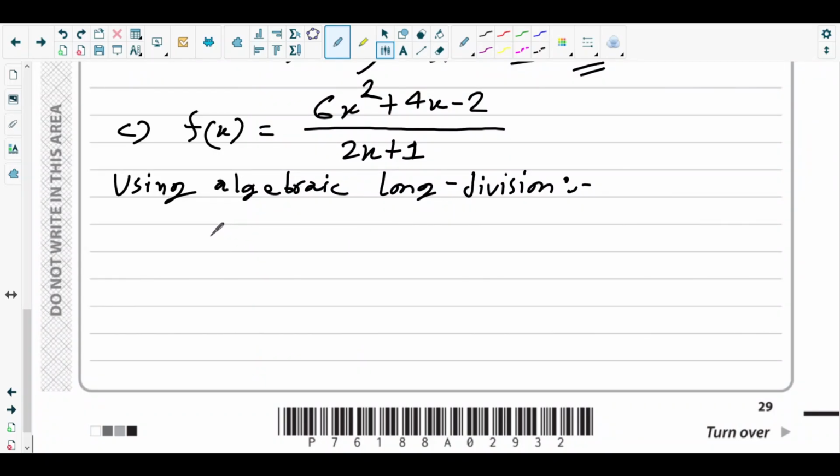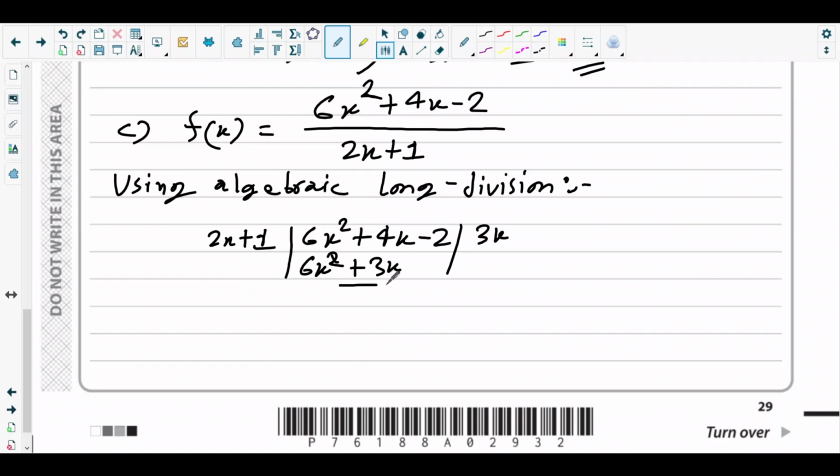Okay, what we can do? 2x plus 1 into 6x squared plus 4x minus 2. At first we need to multiply by what? 3x, so you'll get 6x squared plus 3x. Okay, so you'll get x and then here minus 2. Now put plus half. Half times 2x is x, so that x gets eliminated, so minus 2 minus half, you will get negative